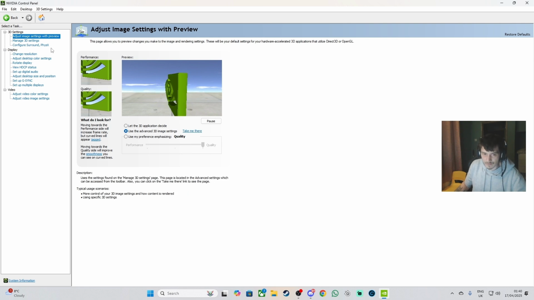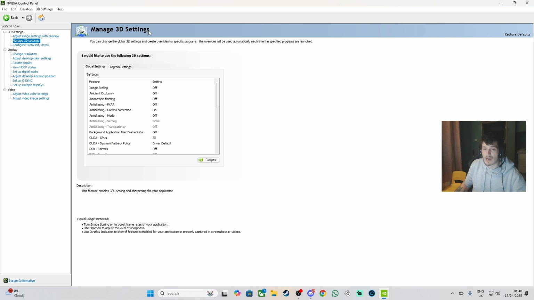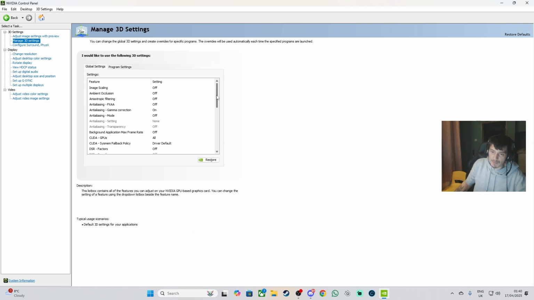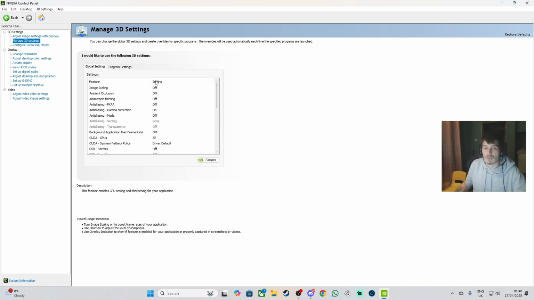After this, you want to go to Manage 3D Settings. And I'm going to do this nice and slow so you can keep up. Of course, if I'm still going too quick for you, by all means, pause the video, take screenshots, whatever it is you have to do. Okay, but first off, we're going to go with Image Scaling off, Ambient Occlusion off, Anisotropic Filtering off,